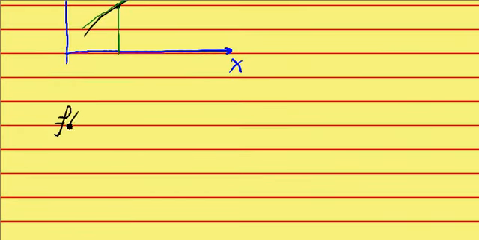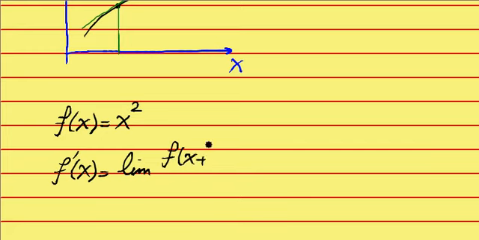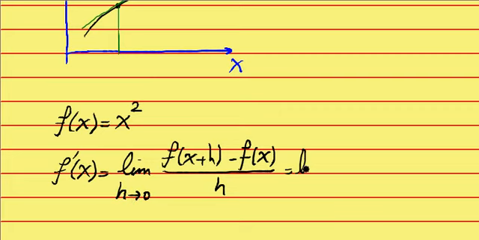Suppose I have a function f of x. Let's take a very simple one so we don't spend time on the algebra. Say x squared. Calculate f prime of x. Well, what's f prime of x? It's supposed to be the limit of f of x plus h minus f of x over h as h goes to 0. Well, that's going to be the limit of f of x plus h. Here I have to write x plus h squared, and this is just a copy of f of x, which is x squared, over h as h goes to 0,